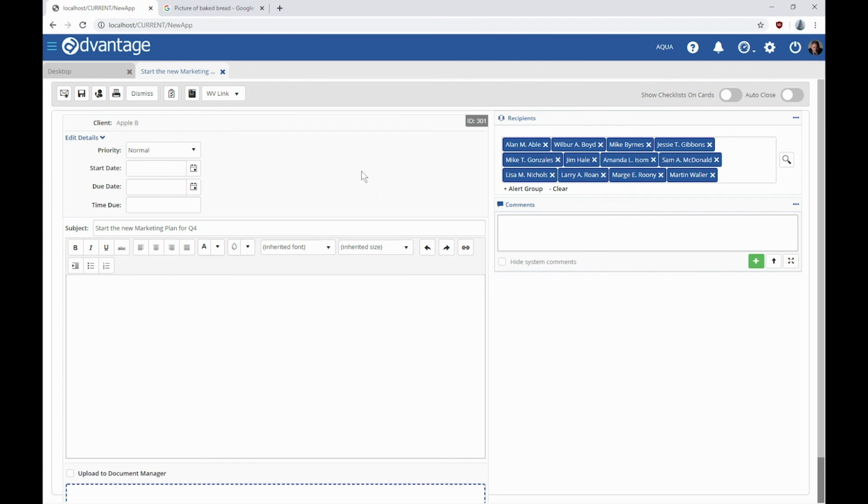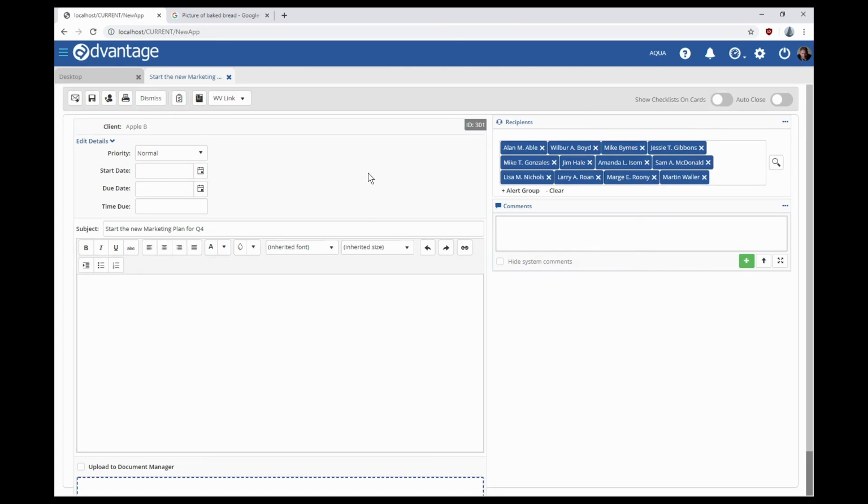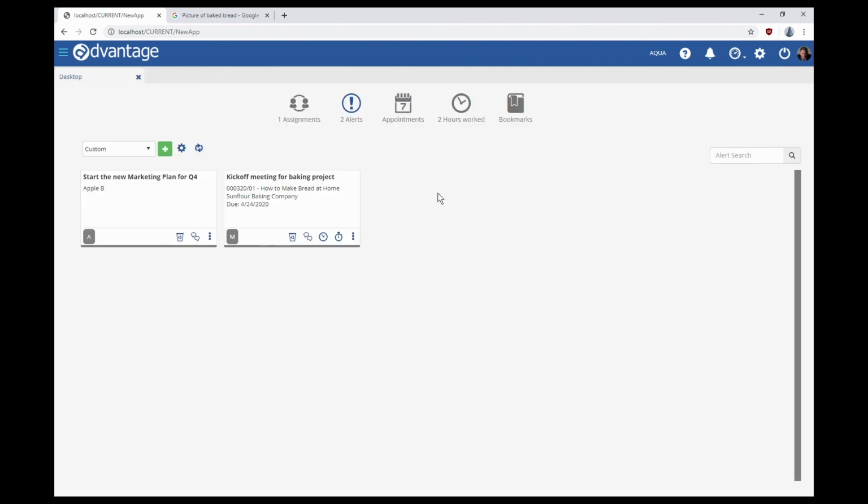This comment field really becomes like a Slack channel. It's a channel specifically for, in this case, the client Applebee's. So if it's associated with a job, that communication is on that job. So these are just some of the things that we do here at Advantage using our software and the cards and communications